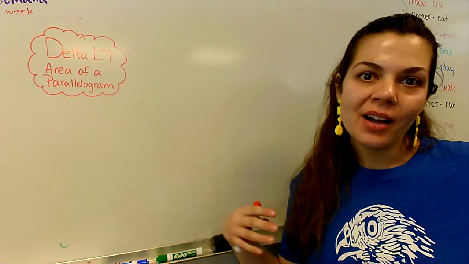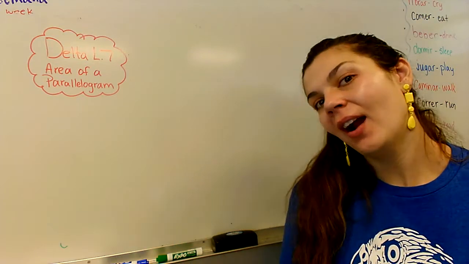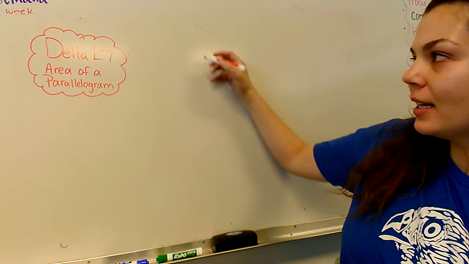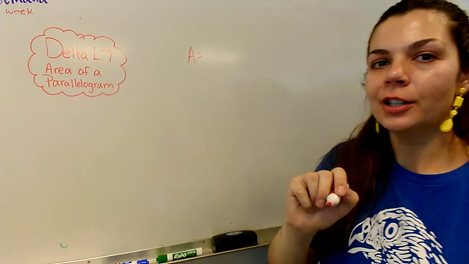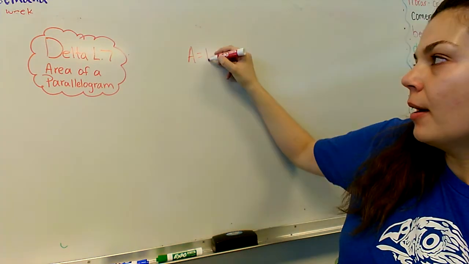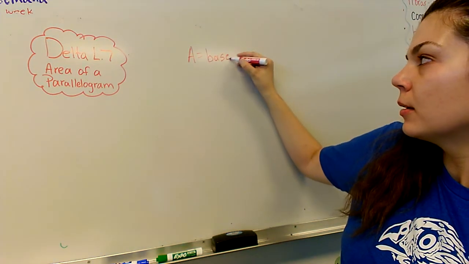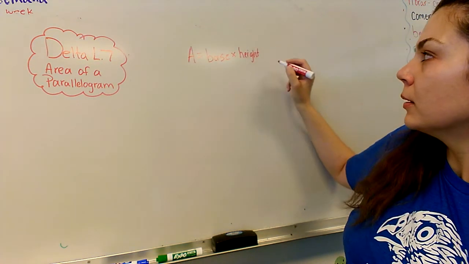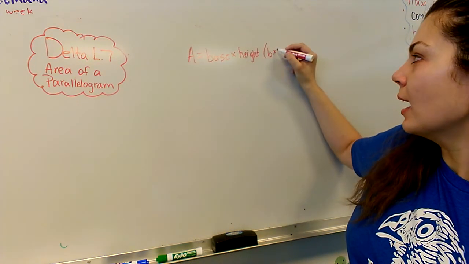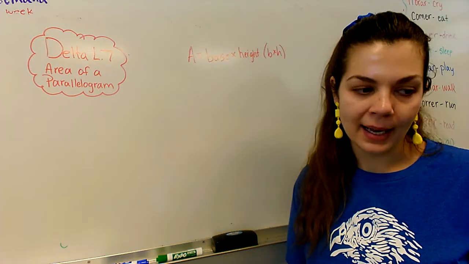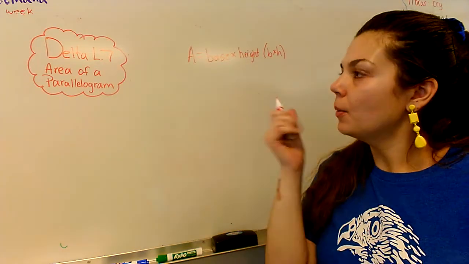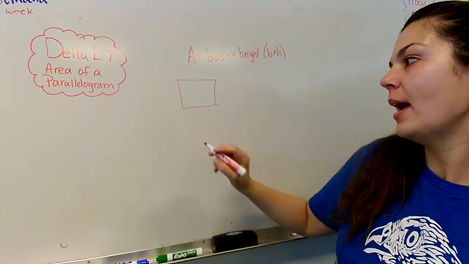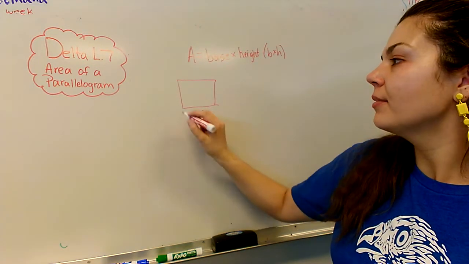So, we know area of a square and rectangle already. Does anybody remember? What does area equal? It equals the base times the height. Okay, or it might just be B times H. Base times height. Alright, so when we have a square, a nice, lovely square that's got a 5 here and